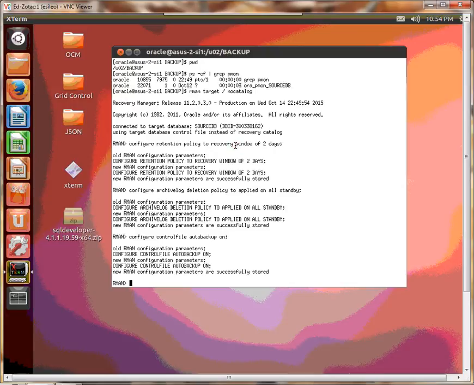That's done by first configuring the channels and then configuring parallelism afterwards. So let's go ahead and configure some channels. Configure channel 1, device type disk format, backup,